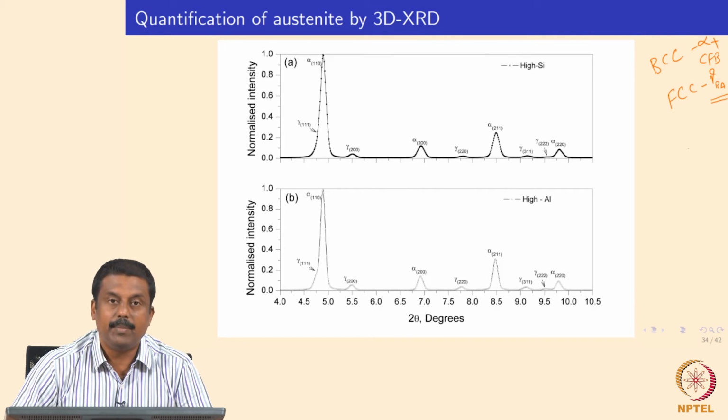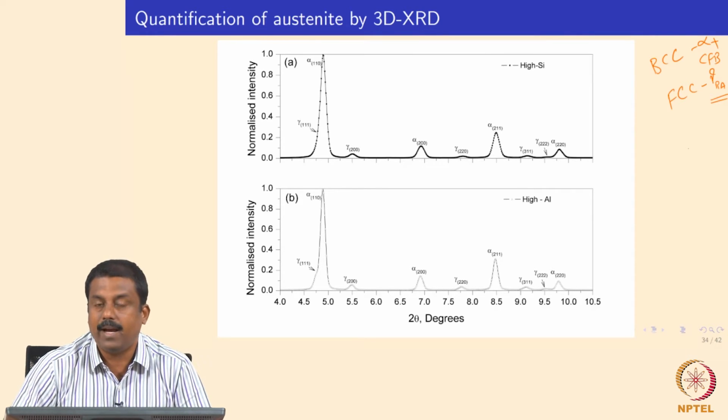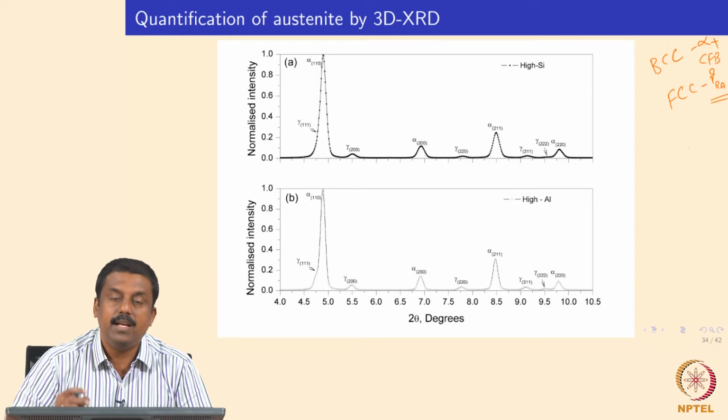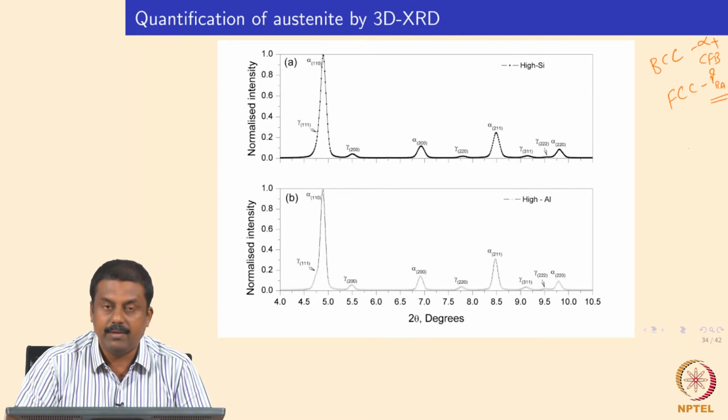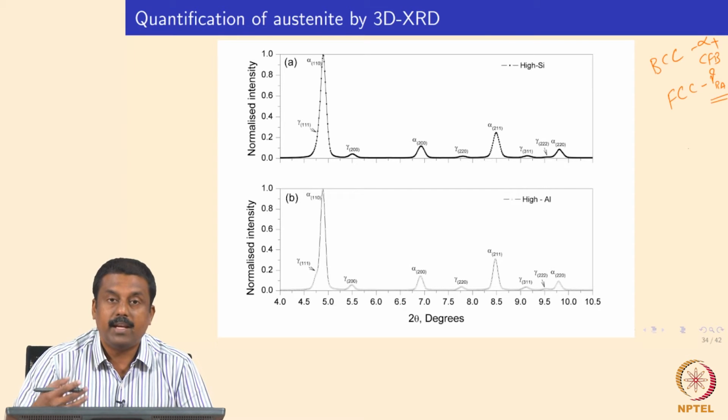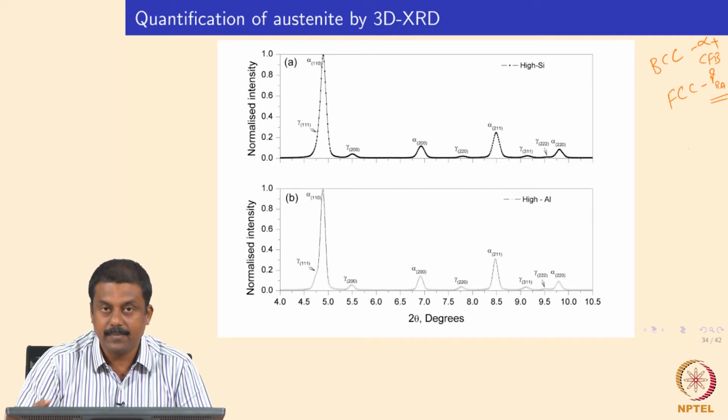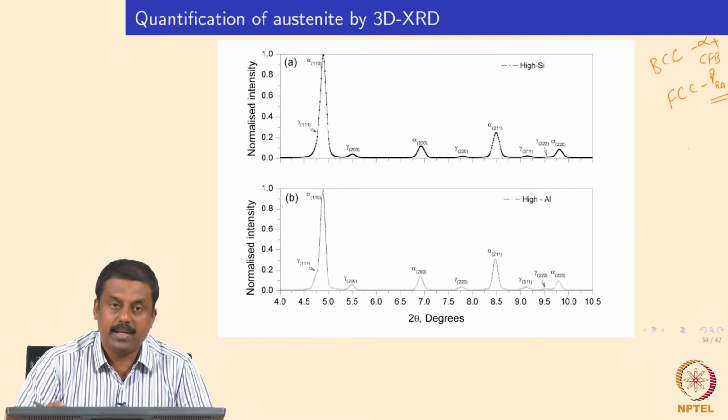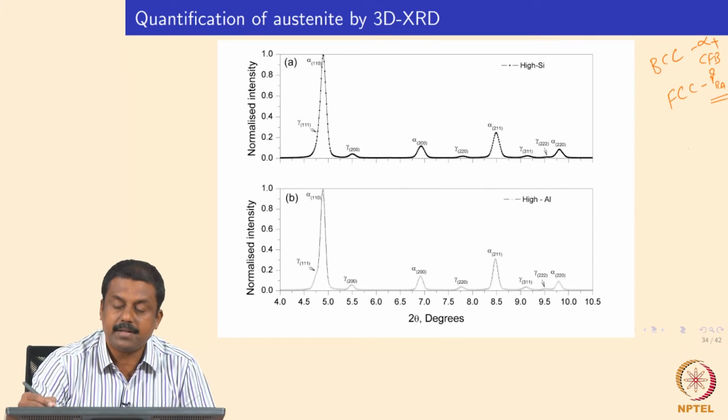Because the gauge volume is very fine, we can measure in highly localized regions in the heat affected zone as well as in the weld zone. So, using the X-ray diffraction technique we can precisely measure, by the various ways I am going to explain in the next slides, the amount of retained austenite present in the microstructure in the welded material. The principle is very simple. We get the diffraction patterns.